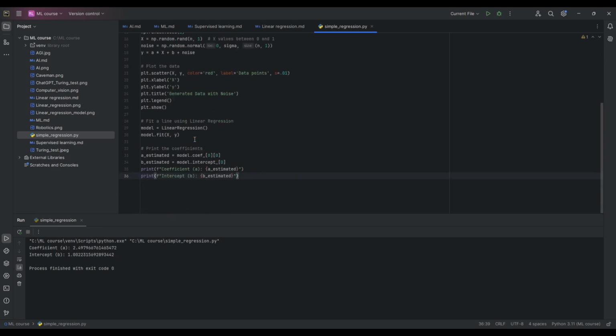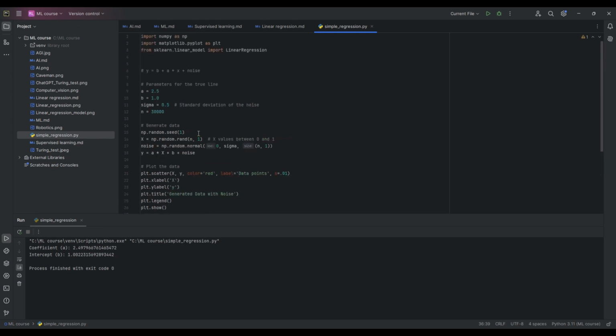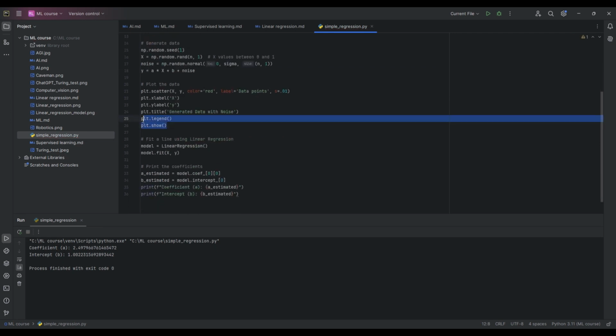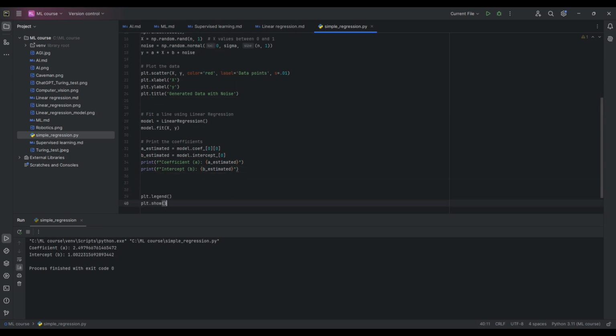So one thing that I want to test here, and you can see that the number of data points makes a difference for the accuracy of these coefficients and intercepts. For example, if I go back to the 100 points, and let me do the showing of the graph at the end, so I don't have to close the graph. So if I run this again,